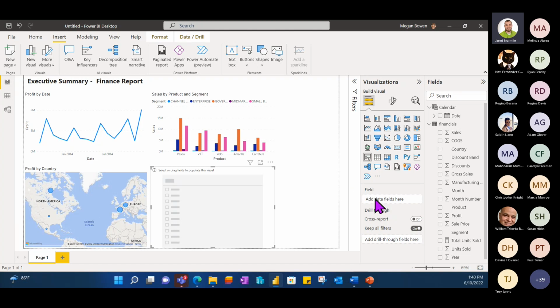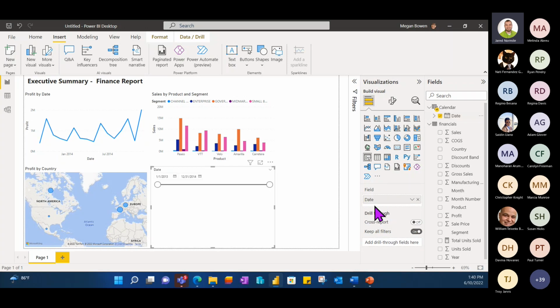And then in our field, we're going to put our date. So we can drag that into our field here, or we can drag it into the visual, whatever you want. We can now see we have it by date, but we actually want to go back to that date hierarchy. So again, we click on that arrow, go to date hierarchy,